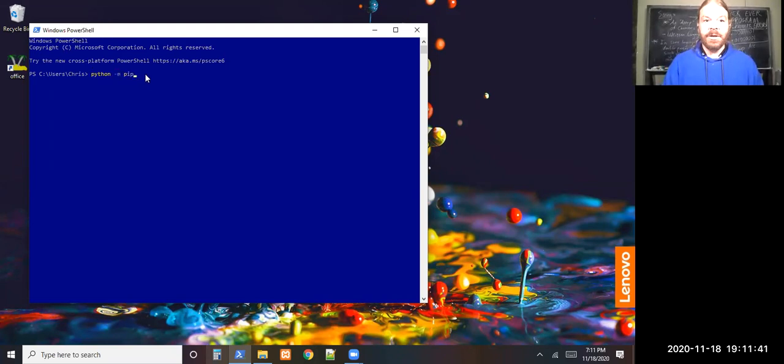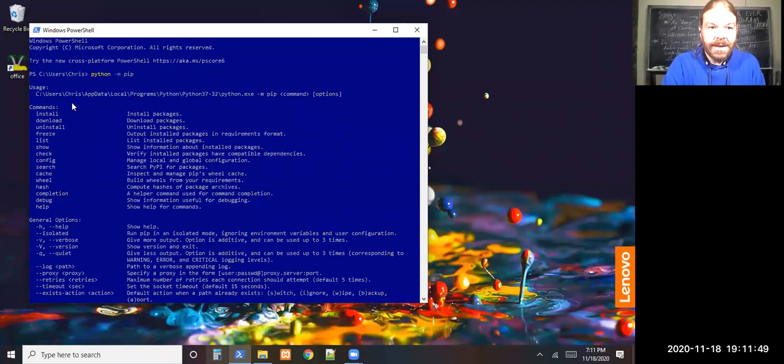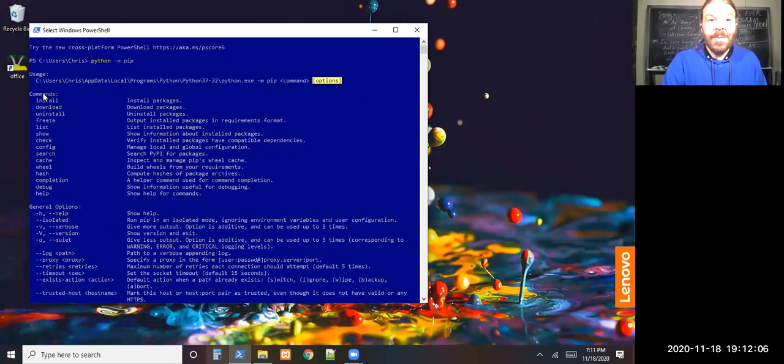So I'm just going to hit enter. And it pulls up all these instructions. Tells us how to write stuff in pip. So it's saying it should look like this. We type pip, and then we type a command, and then the options we want for that command. And then they spelled out the list here nicely for us. The commands we can do